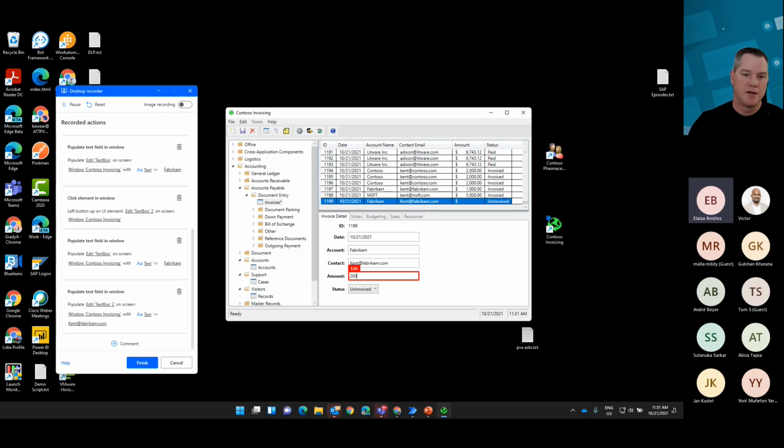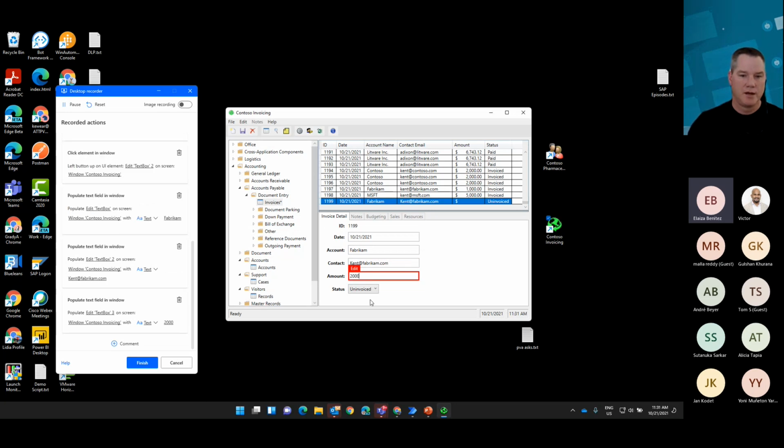And we'll just say it's $2,000. And then we can go ahead and click on this drop down, select invoiced, and then click the save button. And then at this point, we've completed our process. We can actually go ahead and close it as well. We can now hit the finish button, and it is going to basically save that script inside of Power Automate